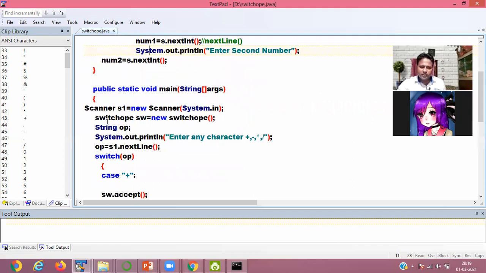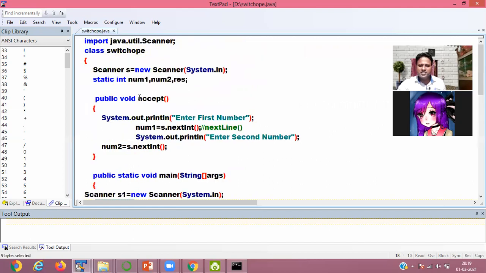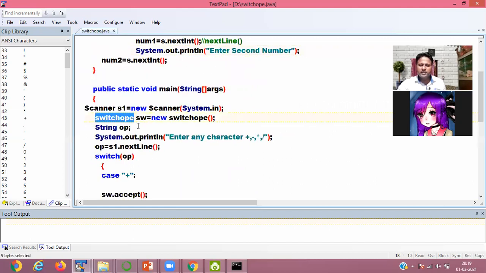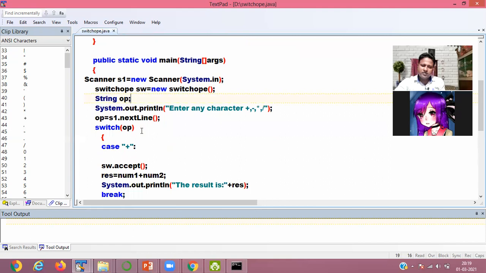Then I created a class, Switch op is a class name, so I am creating an object of the class, Switch sw equals new Switch. String op, I define a variable.